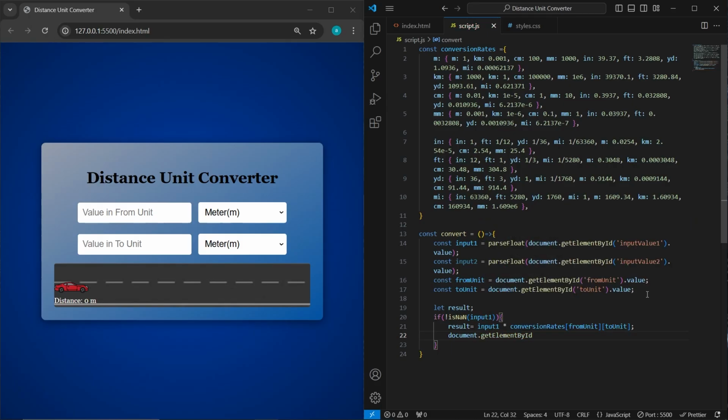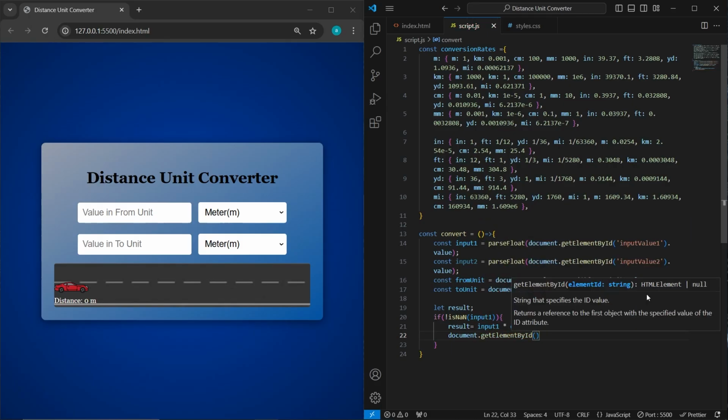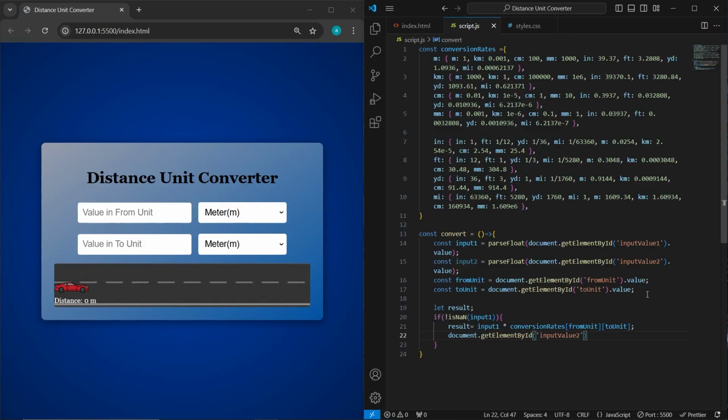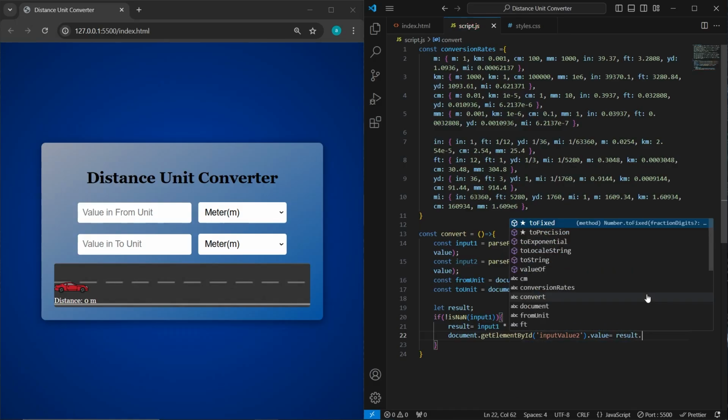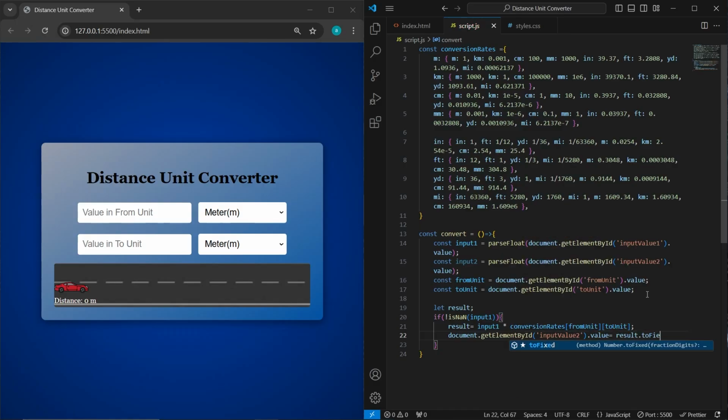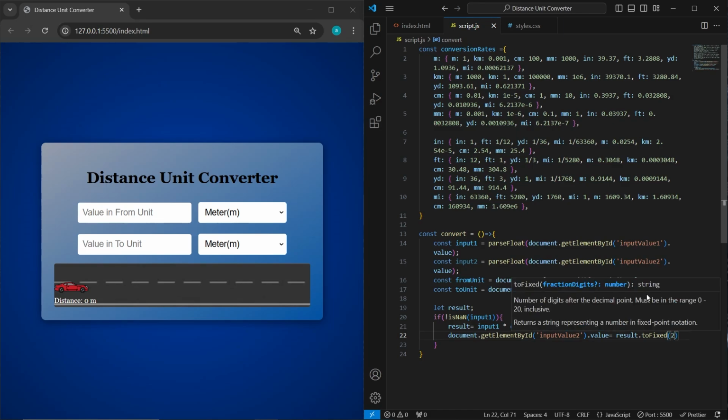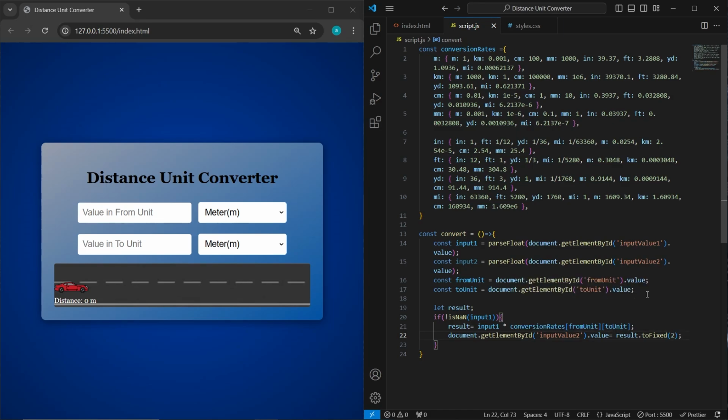So get element by ID and then get the input value2, that value. So we will change that into the result.toFixed. Make sure that it will only have 2 decimal places,